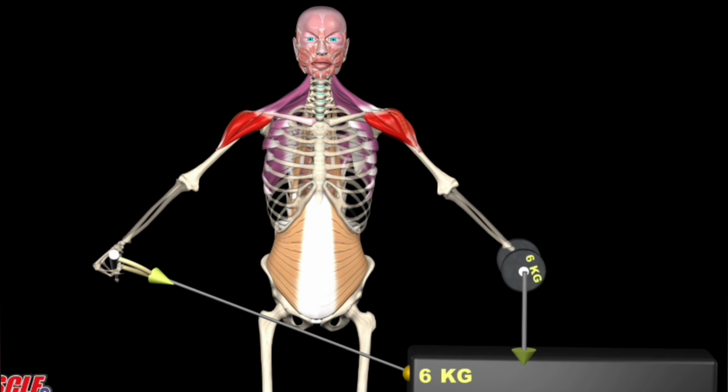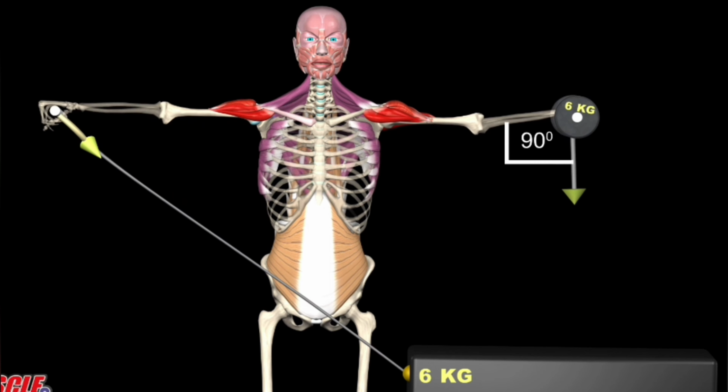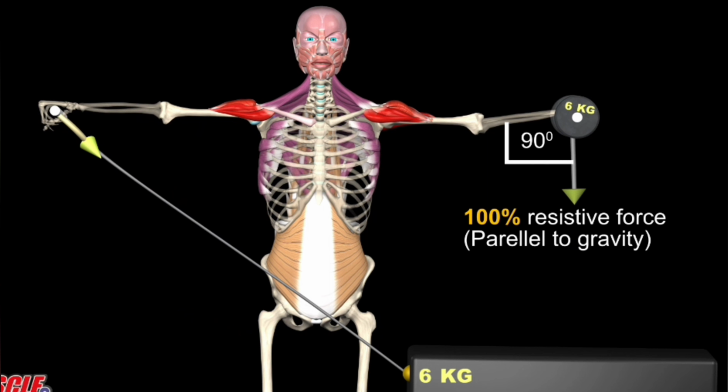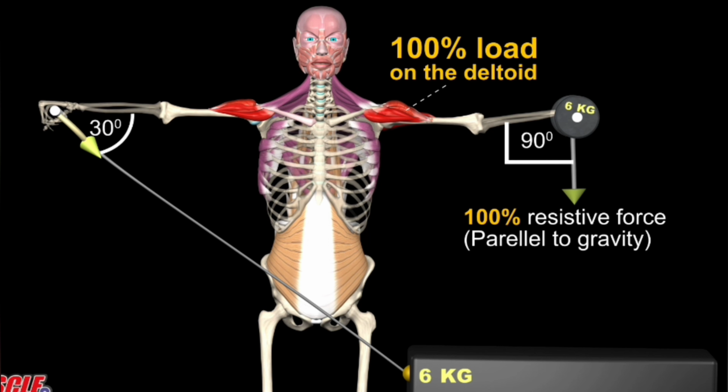At an angle perpendicular to gravity, the lateral deltoid will receive 100% of the load, and in the case of the dumbbell, this is at the fully contracted position. However, this is where the muscle is the weakest in the resistance curve, due to the muscle being in a fully contracted position. However, when working against a low cable resistance, the resistance curve is optimized at the beginning of